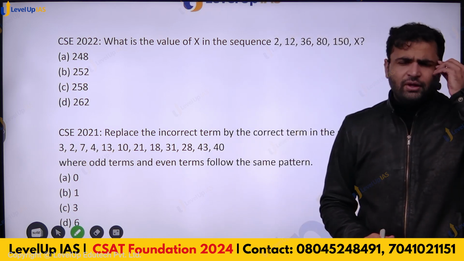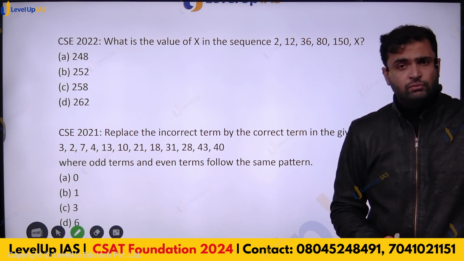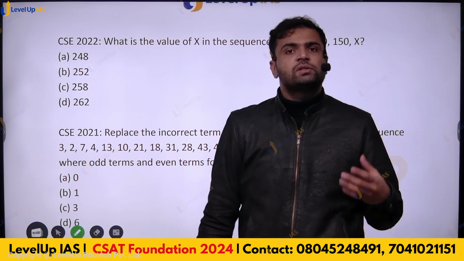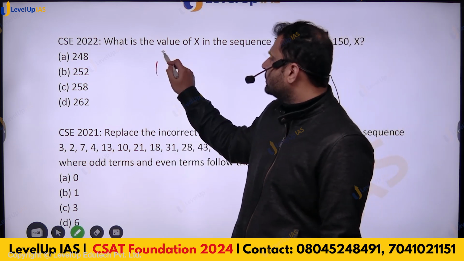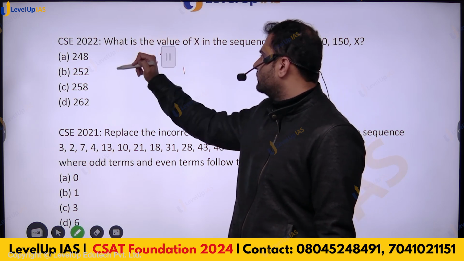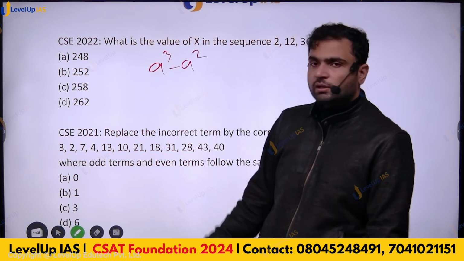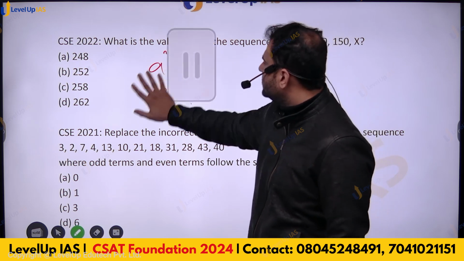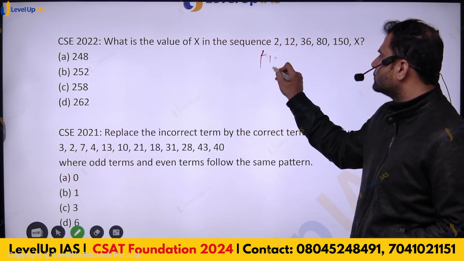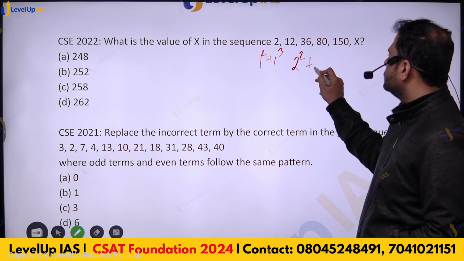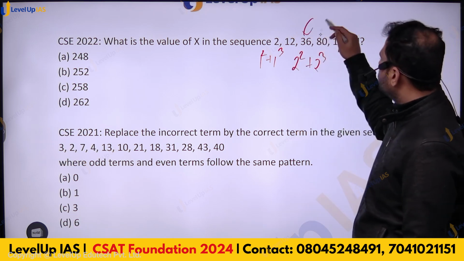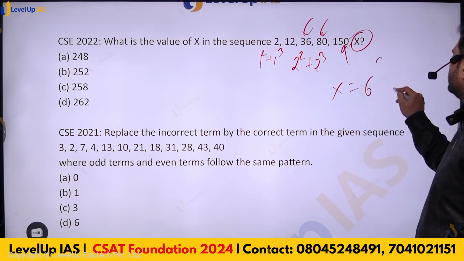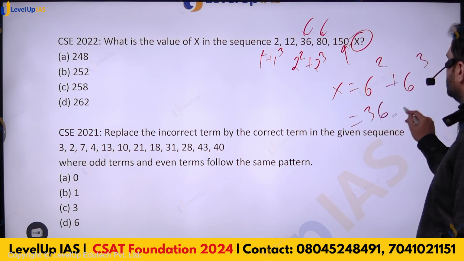Then after all hope is lost, after everything we have tried from the standard things, there is one more thing that is very frequently asked, which has to do with squares and cubes. So either a number's cube minus its square, or a cube plus a square is each subsequent term. If you try this here, this 2 is nothing but 1 square plus 1 cube, this 12 is 2 square plus 2 cube, this is 3 square plus 3 cube, this is 4 square plus 4 cube, this is 5 square plus 5 cube. So x is going to be 6 square plus 6 cube, which is 36 plus 216, which is equal to